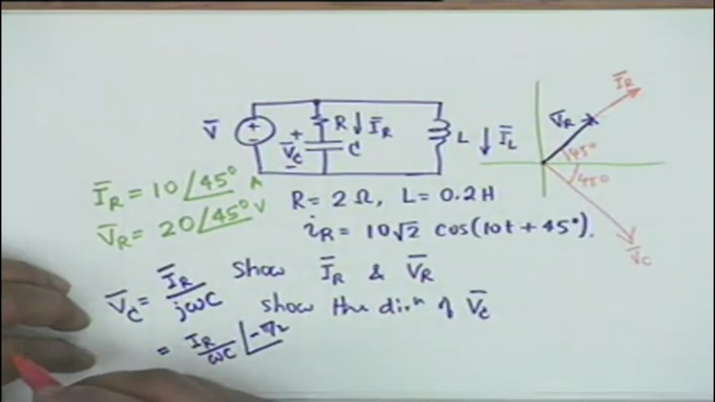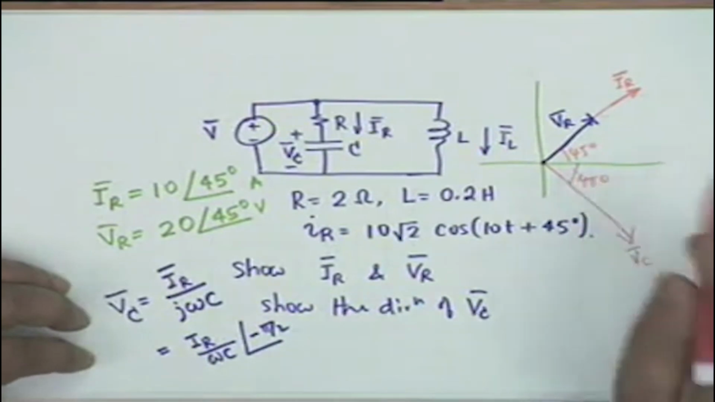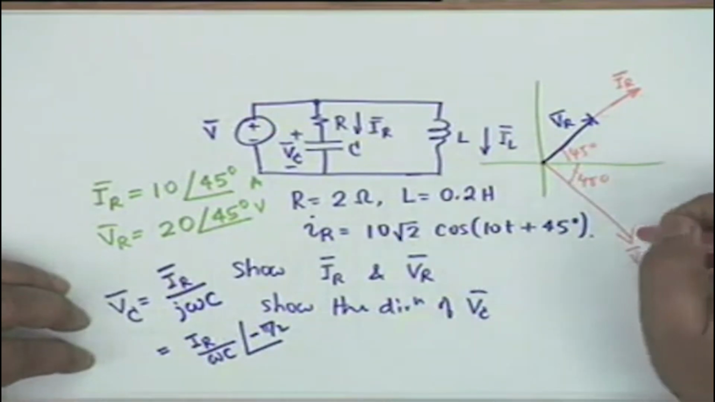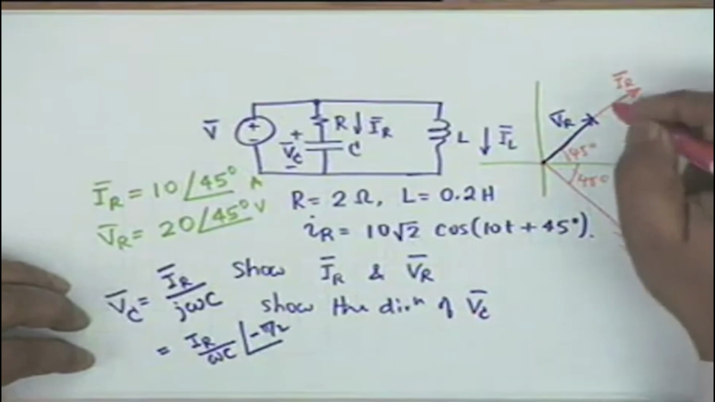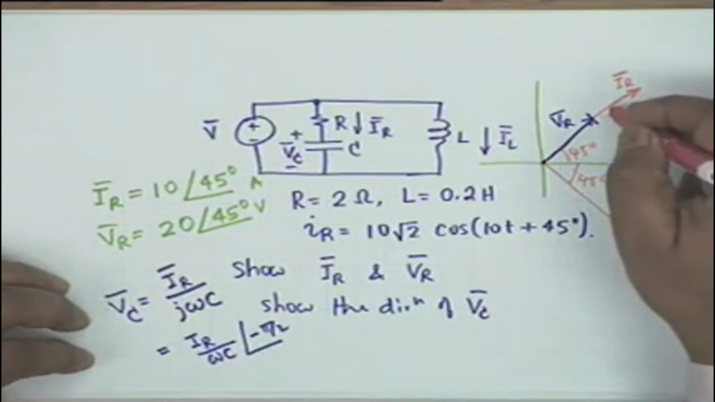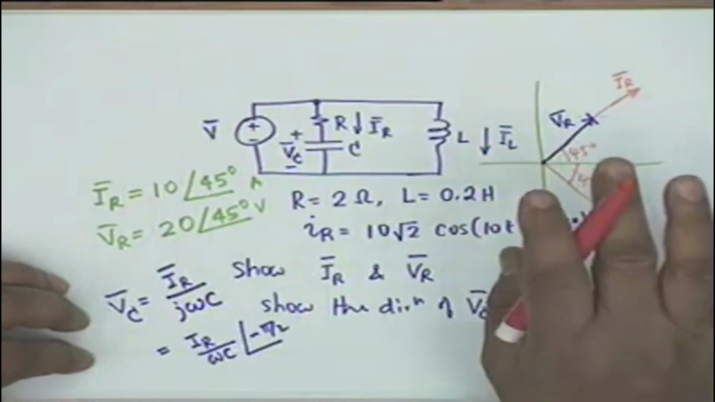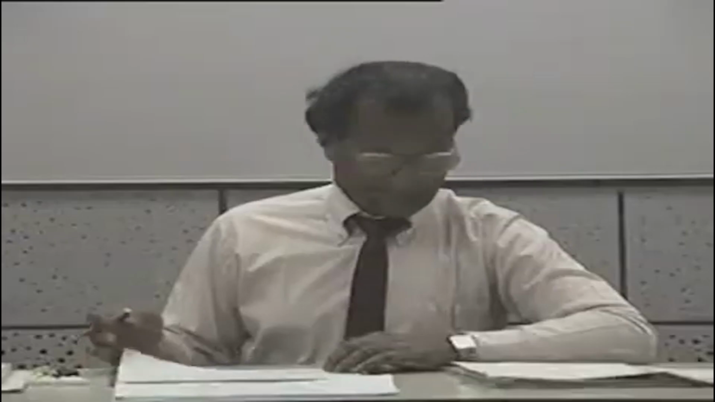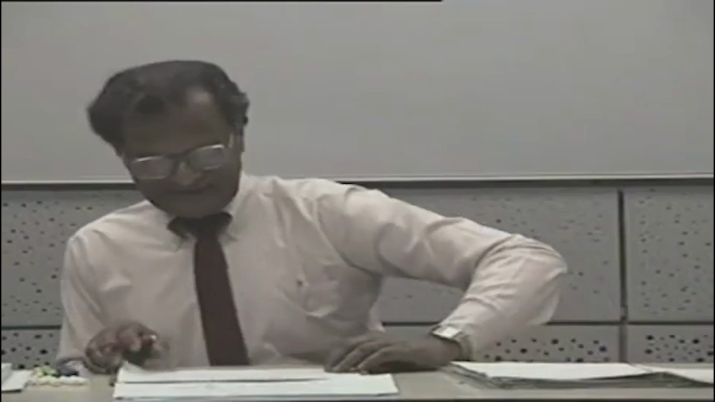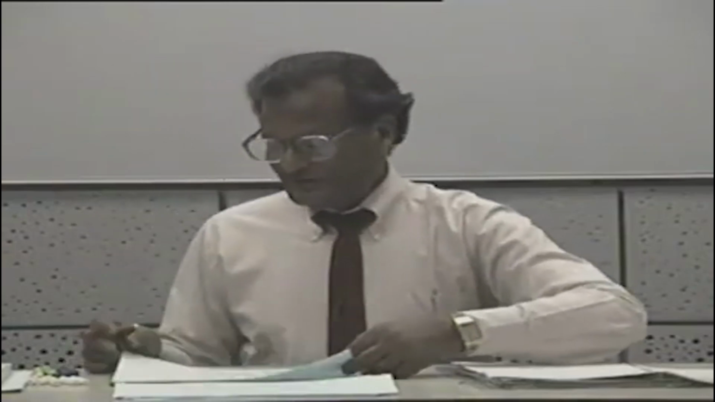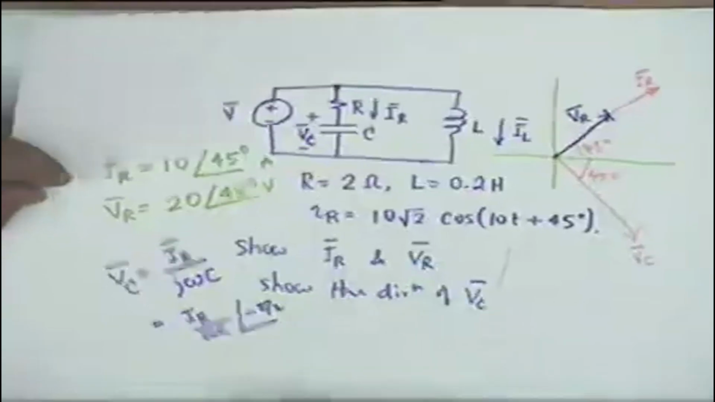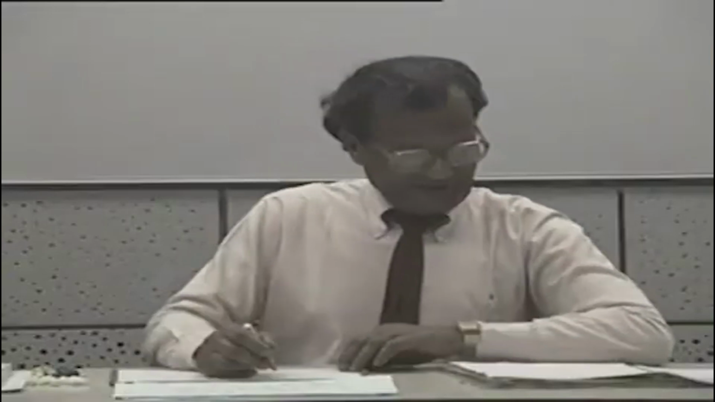This angle is minus 45. The absolute value of the angle is 45. The point is that VC lags IC by 90 degrees. So this part of the question is fine. The next part is interesting. If the voltage phasor, that is V, you recall V is the